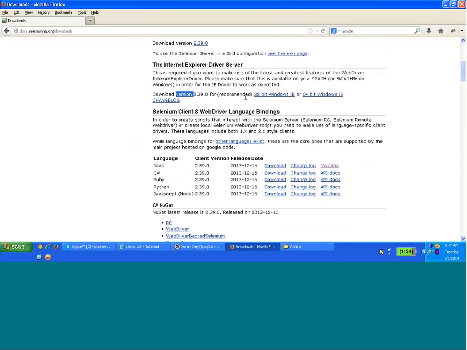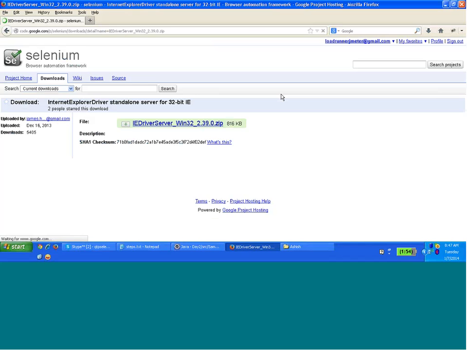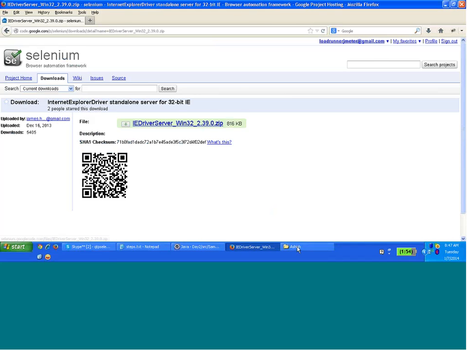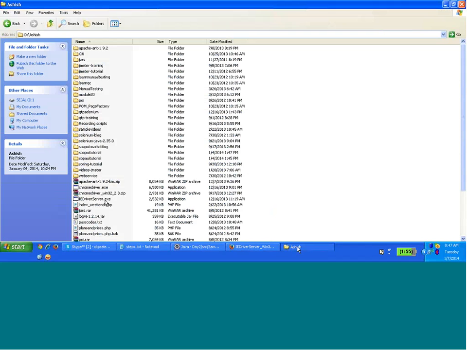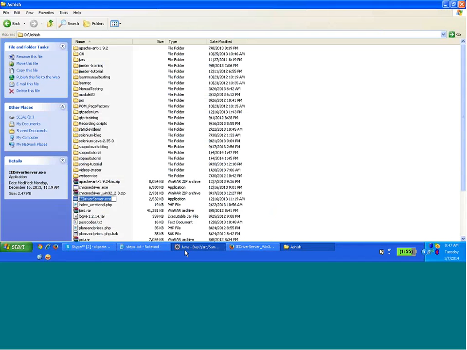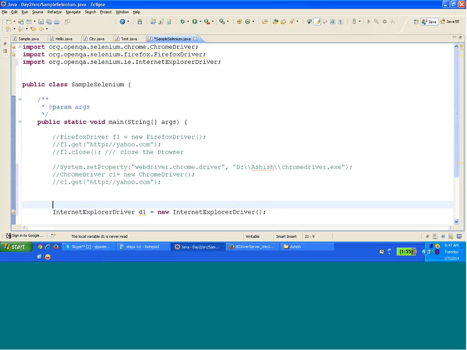Based on your Windows, whether it is 32-bit or 64-bit, you have to download the exe file. I have it with me over here, IEDriverServer.exe. Fine, don't run this exe, just copy it,